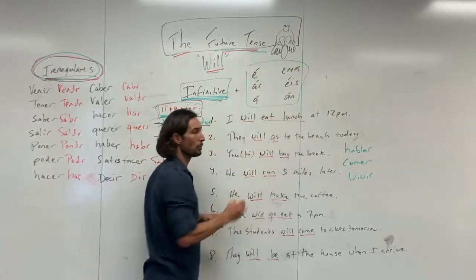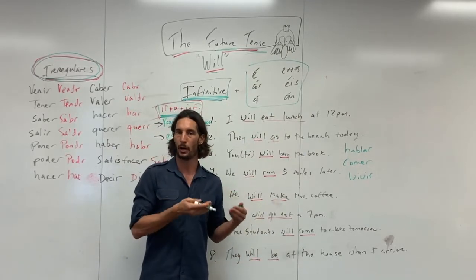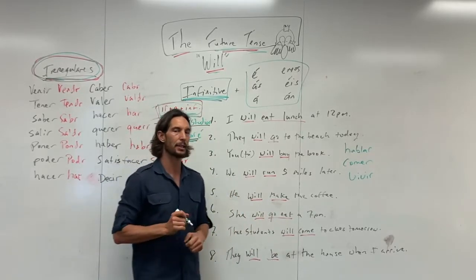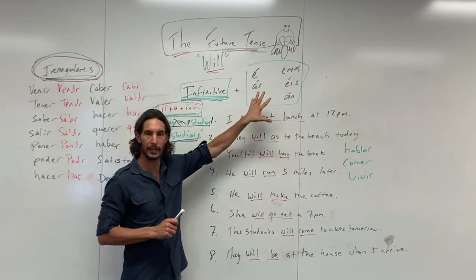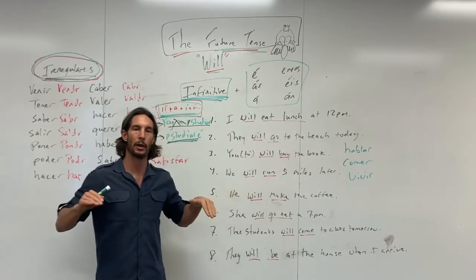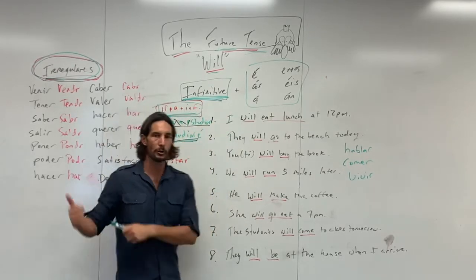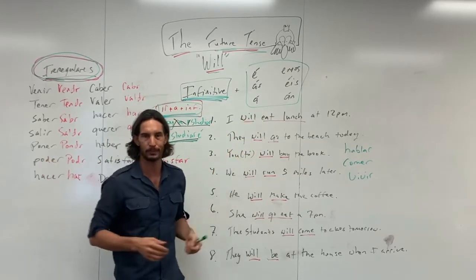And so you all are used to having multiple endings, and it would depend on whether it's an AR verb, an ER verb, or an IR verb. That's not the case for the future. So believe it or not, the future tense comes with one set of endings, irrespective of whether it's an AR, ER, IR verb. So that's pretty cool too. So while you do have some irregulars to remember, you only have one ending to remember. So you got this, right?